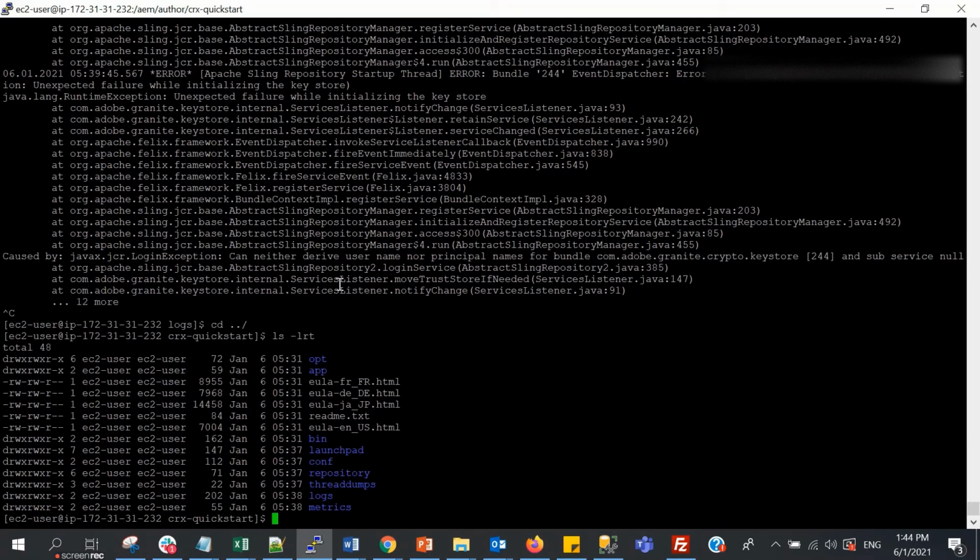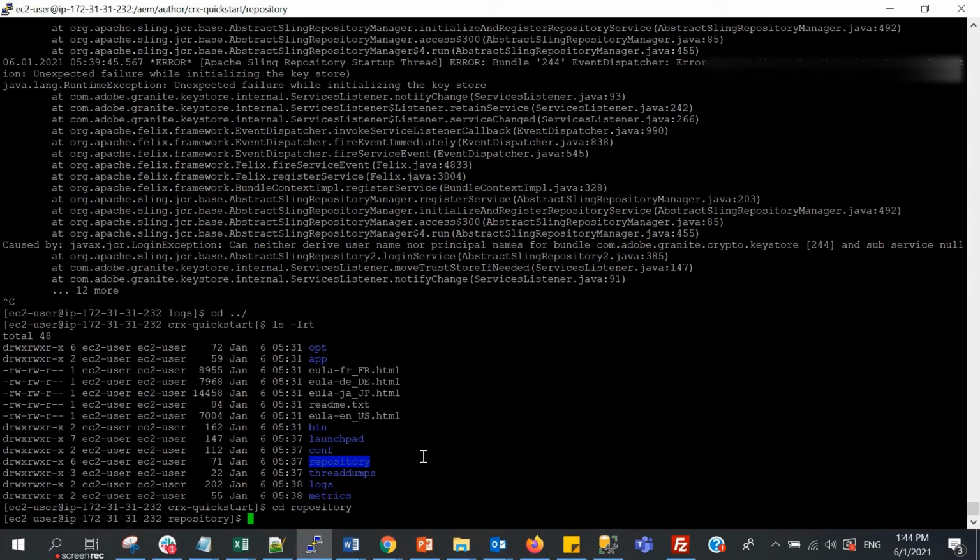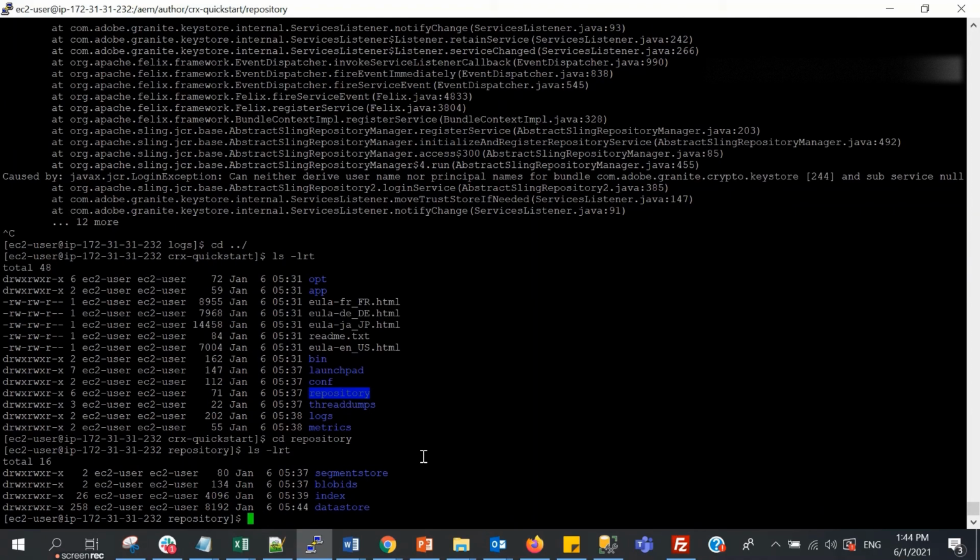So under crx-quickstart, you can go to repository. This is quite a common issue during AEM installation. So remove using this command, rm -rf, to remove the index folder and all the files inside it.